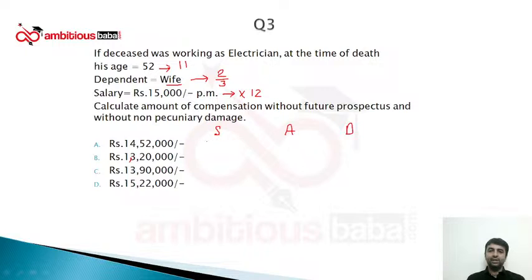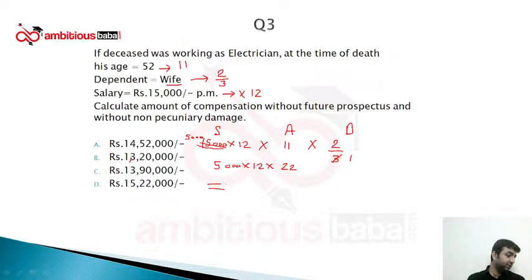Right. Salary is 15,000 multiply by 12 multiply by age 11 multiply by dependent 2/3. Without future prospects, without non-pecuniary, correct? 3 ones are 3 and 3 5s are 15. Sorry, 3 5s are 15, so it will become 5,000. 5,000 multiply by 12 multiply by 11 2s are 22. So the answer of this question is,